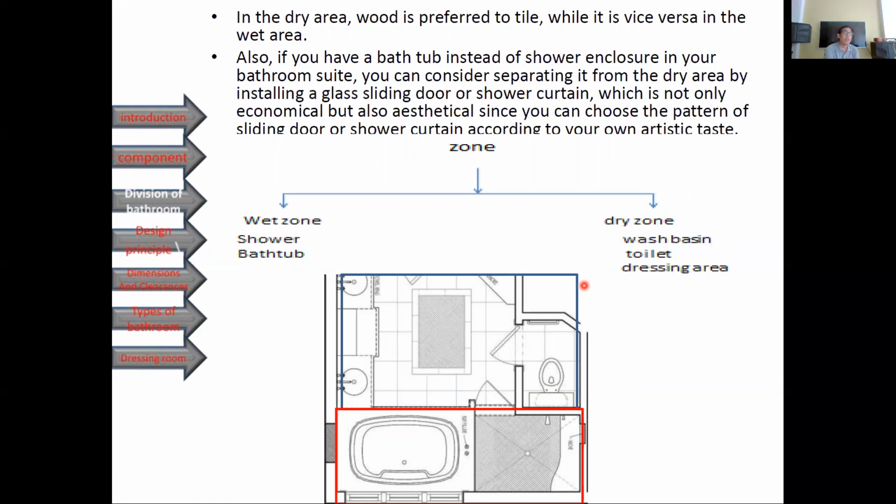If this is a bathtub, the bathtub will have a specific finish. If you will buy a shower with an enclosure, there's a specific material for the flooring of the shower. So make sure that you know what type of shower enclosure and bathtub the owner will buy, so it will fit in the wet area. Sometimes the dry area is also divided in two parts, the water closet part and the sink part, as you can see in the drawing.